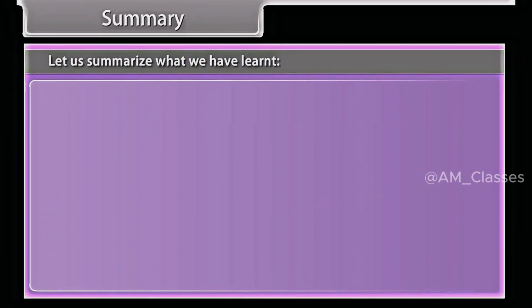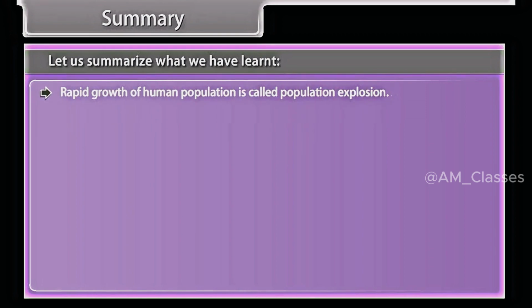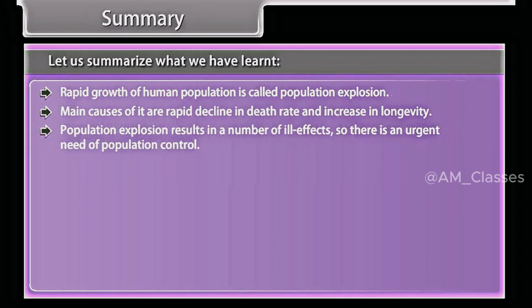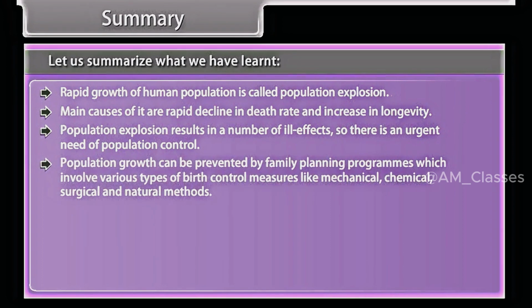Summary. Let us summarize what we have learned. Rapid growth of human population is called population explosion. The main causes of it are rapid decline in death rate and increase in longevity. Population explosion results in a number of ill effects, so there is an urgent need of population control. Population growth can be prevented by family planning programs, which involve various types of birth control measures like mechanical, chemical,